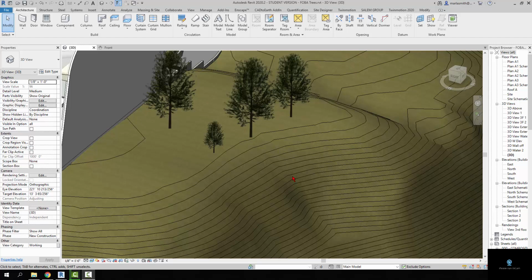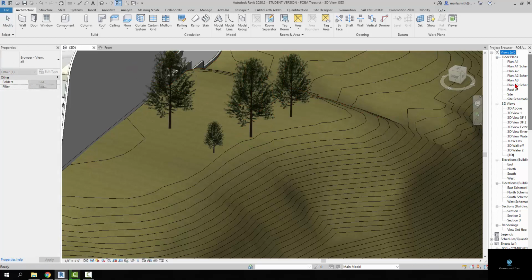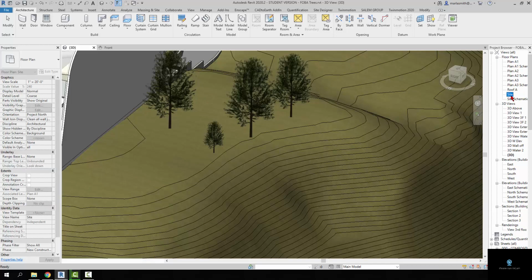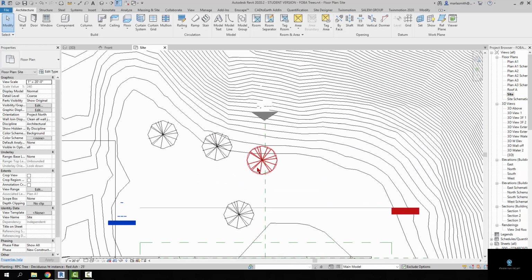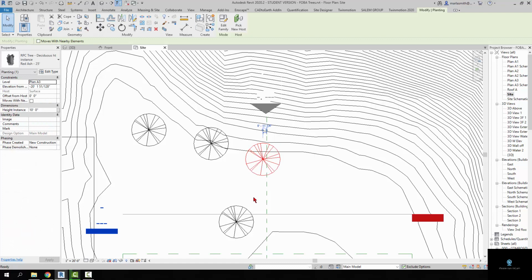All right, I got my tree set up with the instance parameter here from the previous video, and now I'm just going to go into my site plan and maybe make a more even distribution of them. So I'll go to site, and there they are. Let me just delete these guys,